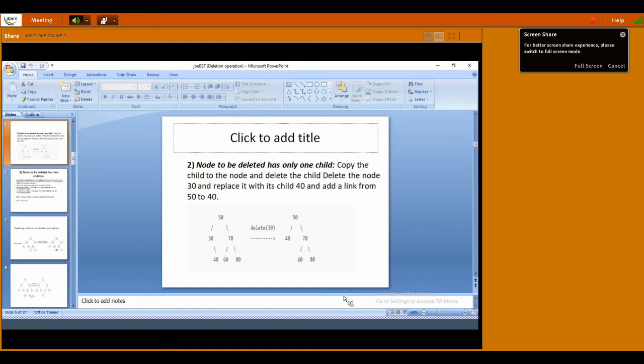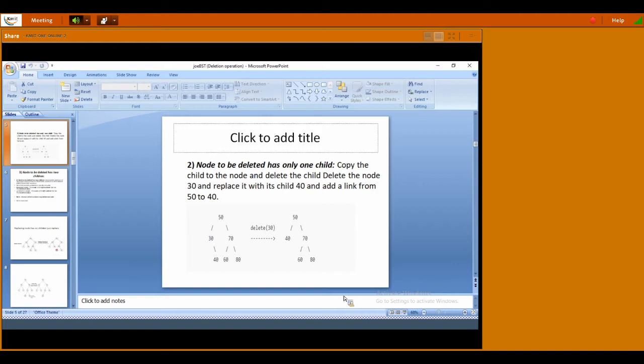As we are discussing how to delete a particular node in a binary search tree, the second case we are considering here is if that particular node has a child, then what is the procedure we have to implement? Looking at the diagram, I want to delete node 30. 30 has a right child 40.